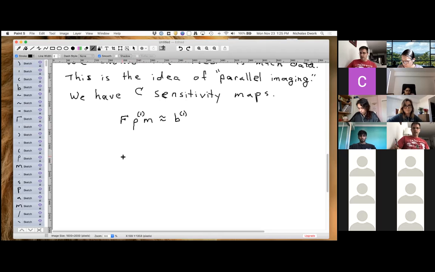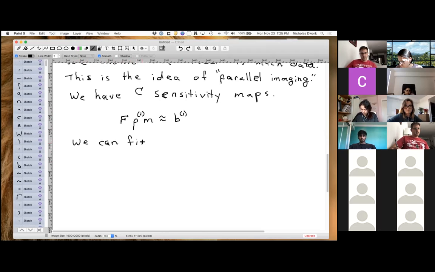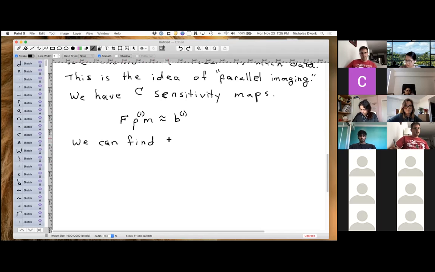And this is true for all coils. So we can find them by minimizing